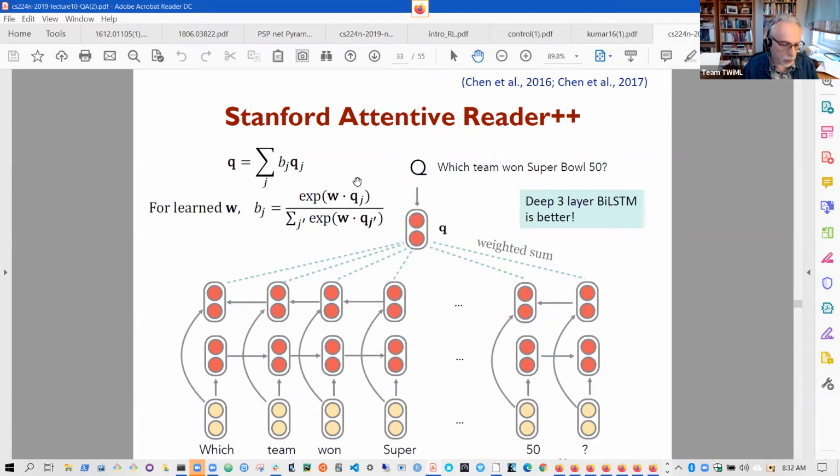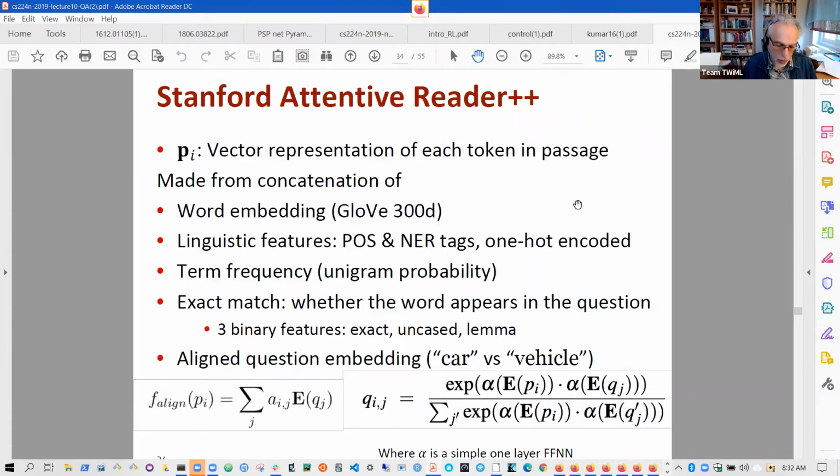I guess this part, the first improvement, is that instead of just looking at the attention on the start and end words, they build an attention that looks at all the words. It doesn't just look for start and end words. It looks at all the words and figures out the answer to the question based on an attention score that they calculate for all the words, not just for the start and end word. So that's the first improvement. The second improvement is to make it deeper, and then the third improvement